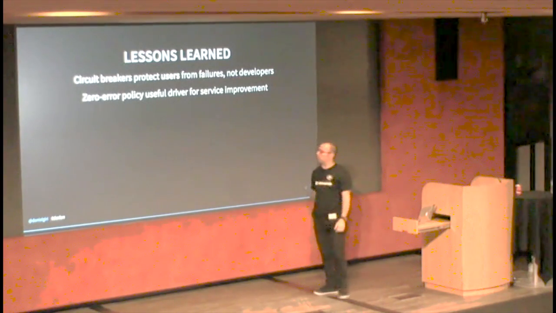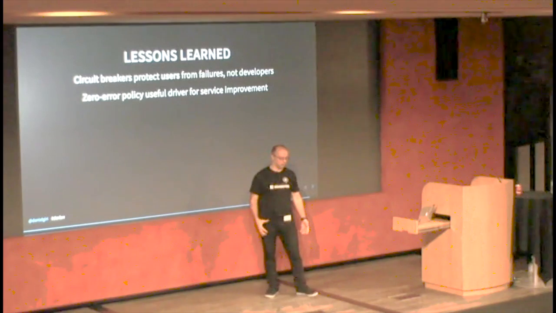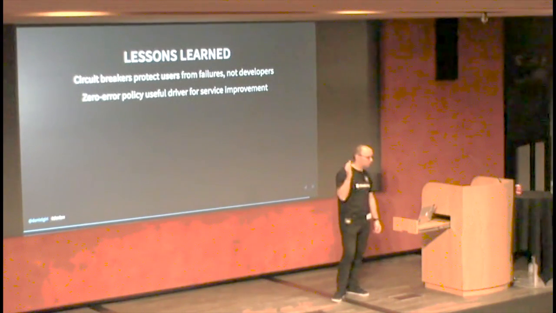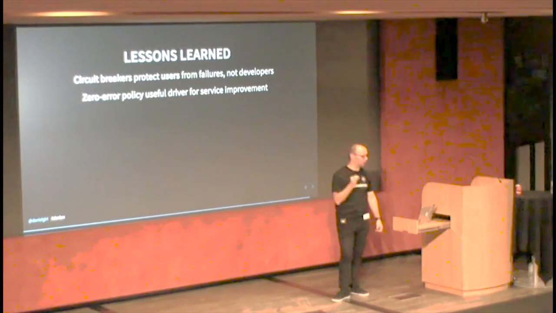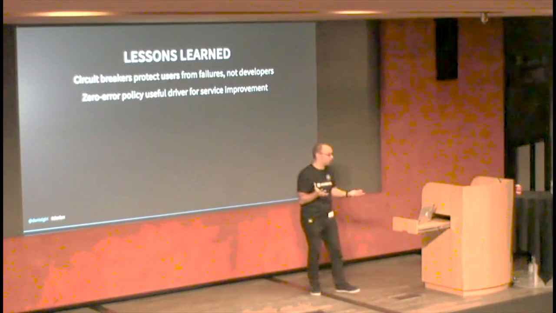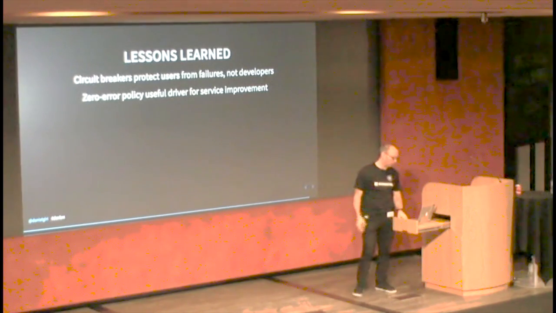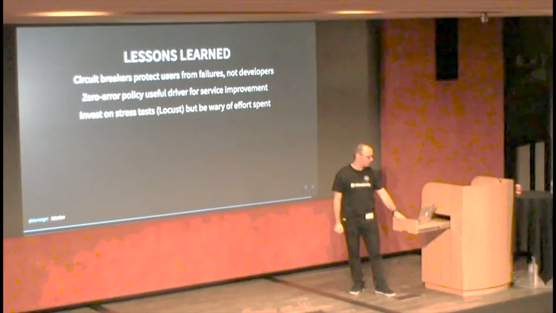What we call the zero error policy. It's a mental framework, if you like, to improve the quality of the system. No errors at all, zero. Then they come up, it's inevitable. But treat that as an incident. If it is three out of 1 million, it's still a problem.